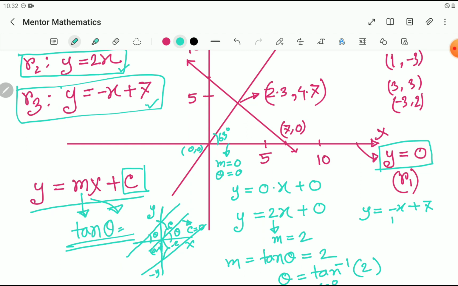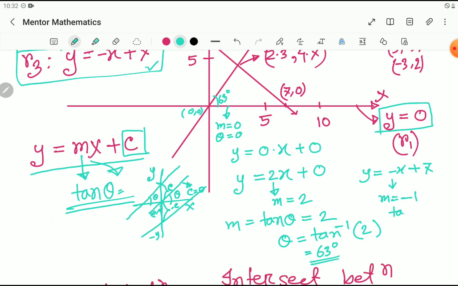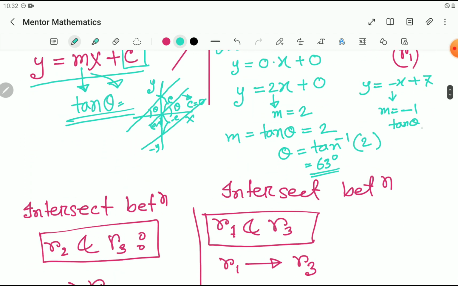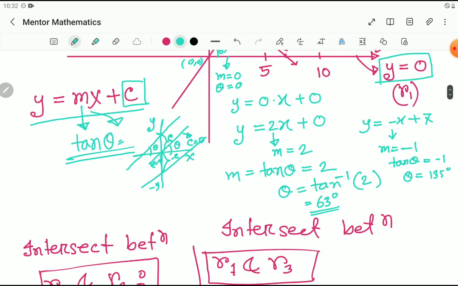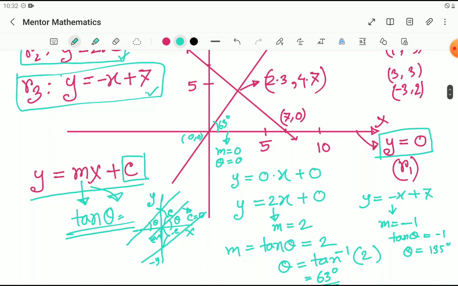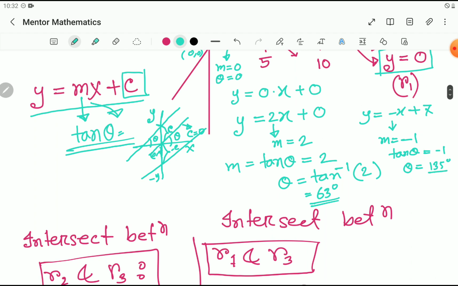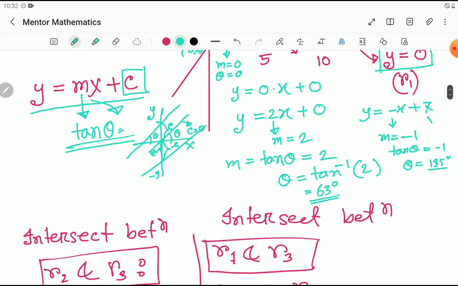So the value of m here, m equal to -1. That means that tan theta equal to -1. So theta equal to 135 degrees. Okay. Now we know theta equal to 135 degrees, and we know the value of c is 7. Therefore, we can simply